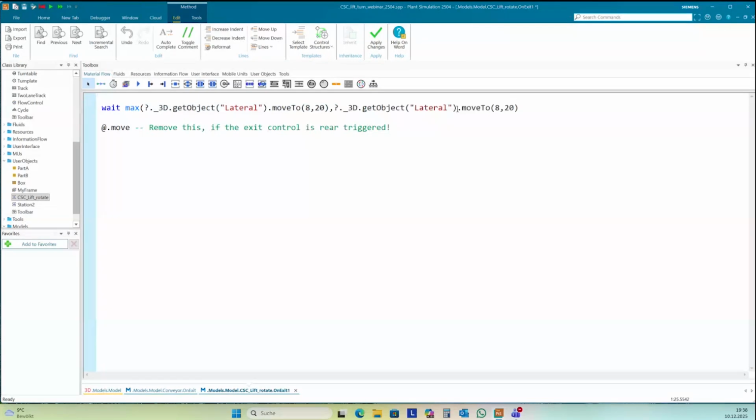Okay, it starts with lateral, point, get object, vertical, point, move, and get object.